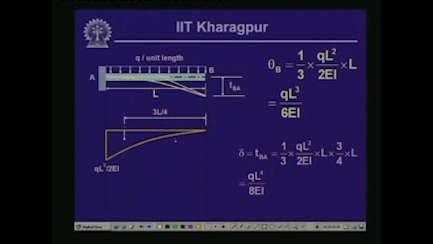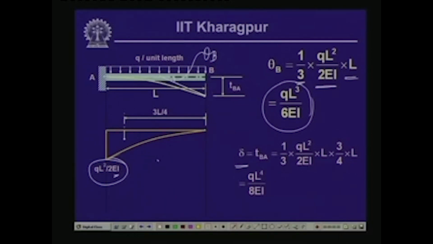Now, for this, as you know that when you compute the value of the slope theta b is the area under the M by EI diagram, which is in fact 1/3 for this parabolic variation, the 1/3 of the rectangular area, and as you know the magnitude of the maximum bending moment is QL square by 2 divided by EI will be QL square by twice EI. So, it is 1/3 into QL square by twice EI over the length L. So, this is equals to QL cube by 6 EI,